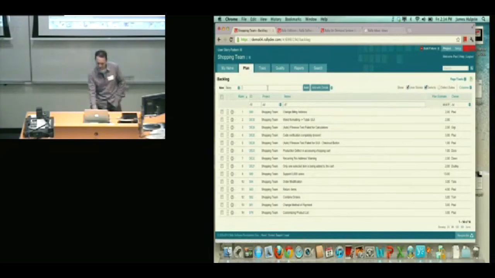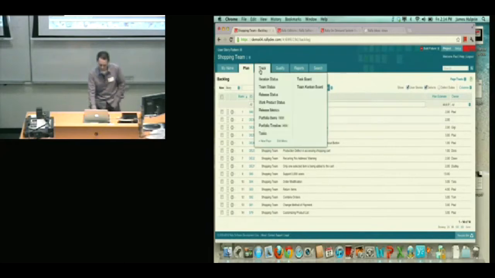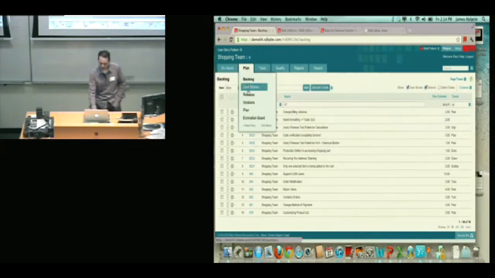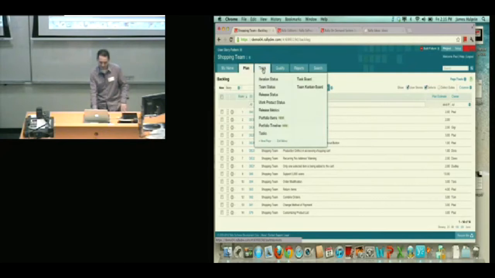Very easy to add stories up here. You can either add them just with the name, or if you have more information, you can do that as well. Likewise, you'd want to create releases or iterations. You don't have to create releases if you don't want to. If you're using Scrum anyway, you'll obviously want to create iterations. But as I mentioned, Rally also supports Kanban as well, so that's no problem.